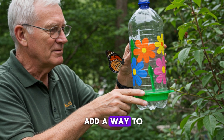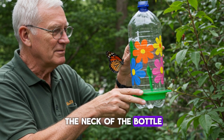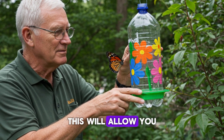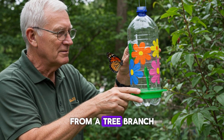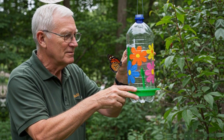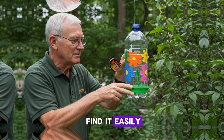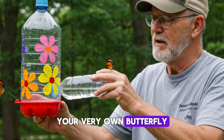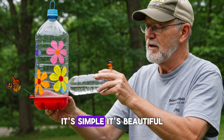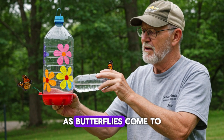Now, we need to add a way to hang it. Take some twine or string and tie it around the neck of the bottle, making a loop. This will allow you to easily hang the feeder from a tree branch, fence, or wherever you'd like to attract butterflies. Hang it in a sunny spot where the butterflies can find it easily. And there you have it, your very own butterfly-friendly bottle feeder. It's simple, it's beautiful, and it's sure to bring a little magic to your garden as butterflies come to enjoy